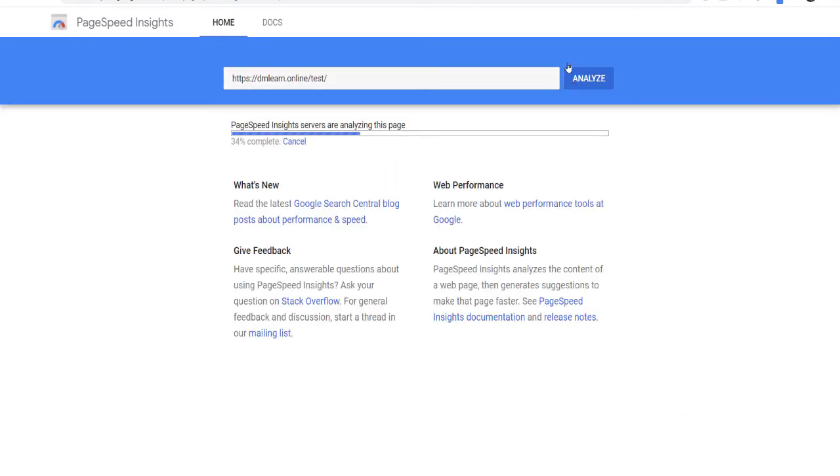Now let's see whether the website score has improved or not.